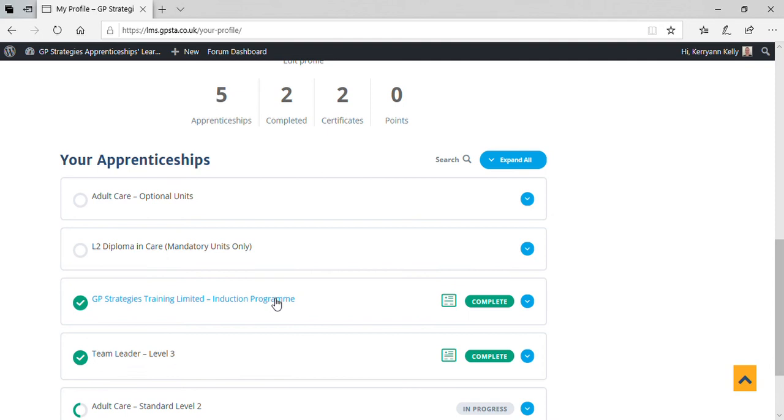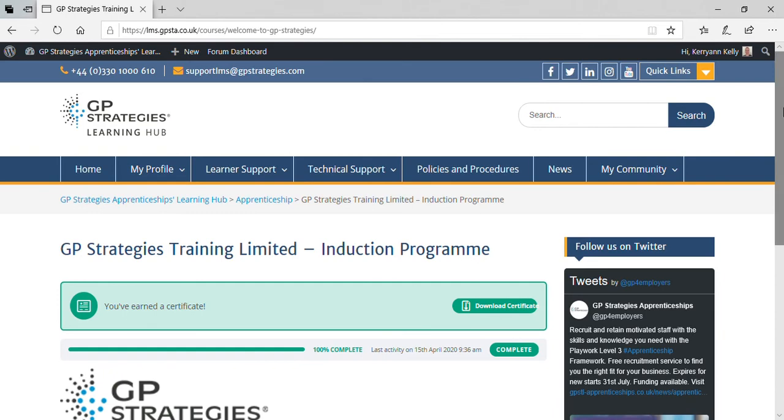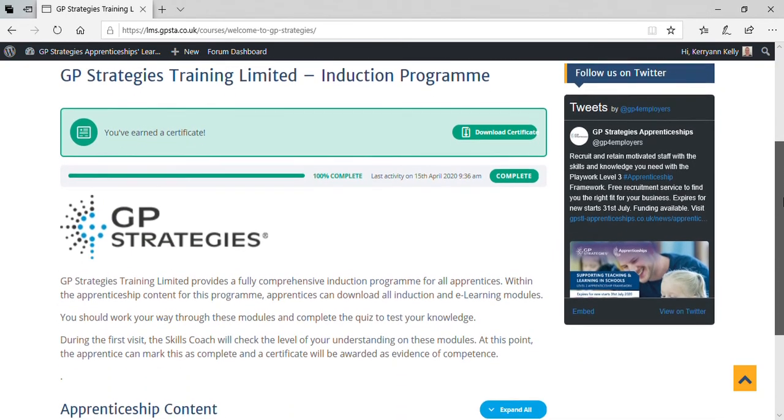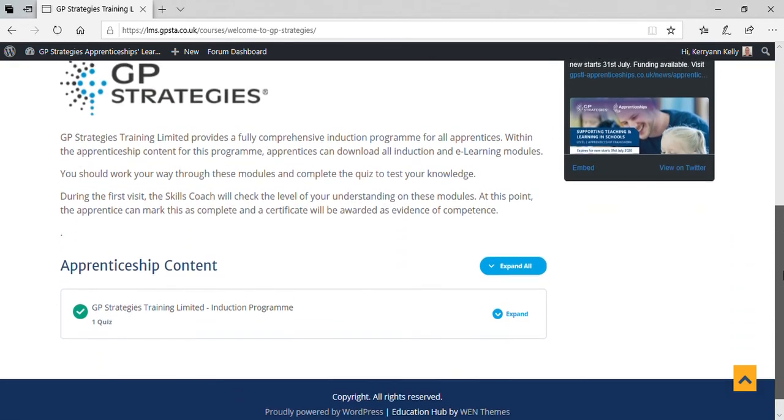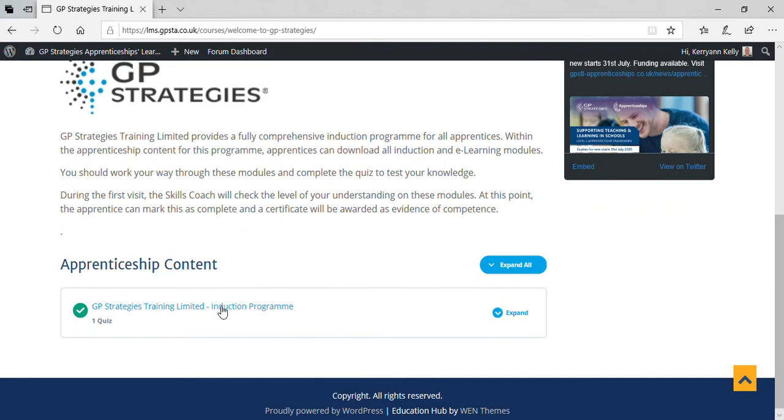If you're on a programme where the resources are on the Learning Hub, then you will see that within your apprenticeships. But everyone that's on the programme will have an induction programme. So to access that, you click here. Scroll down, there's a bit of information about what you'll find. Click on the induction programme